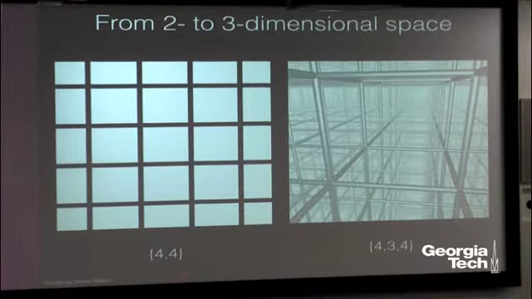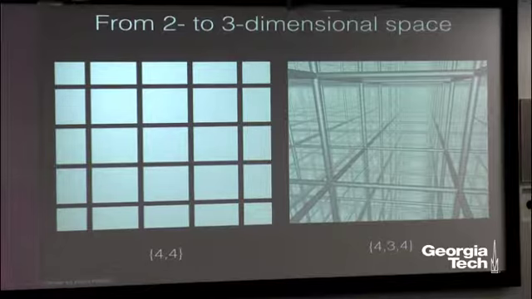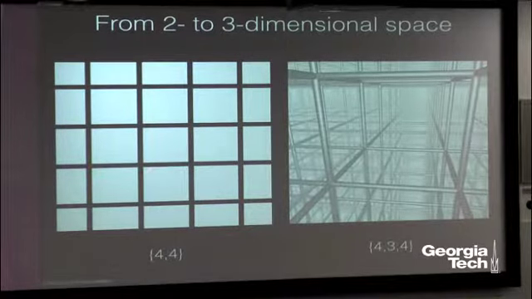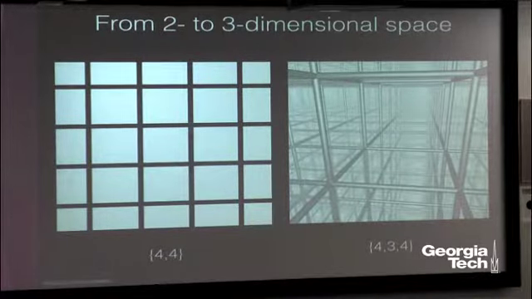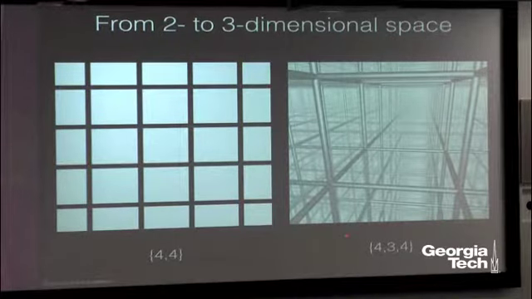So I guess I will tell you what these numbers mean here. The first one is the number of sides of the polygon, and the second one is the number of polygons that meet at a vertex. So I'm going to take this idea and let's go up a dimension. Let's go into three-dimensional space. So I've got another tiling here.